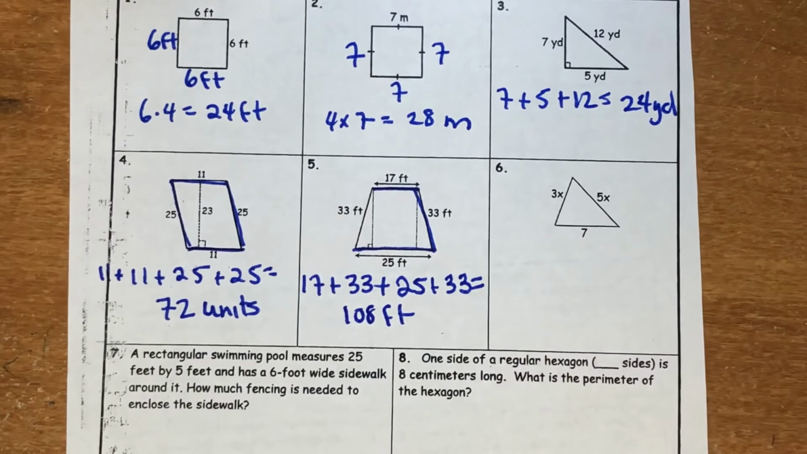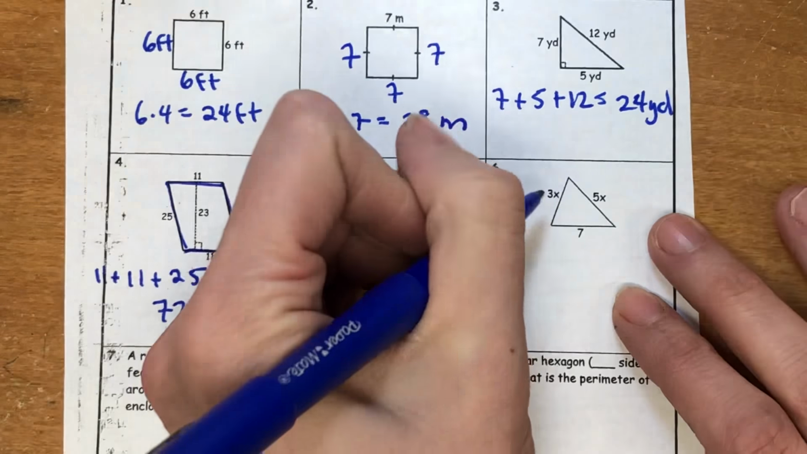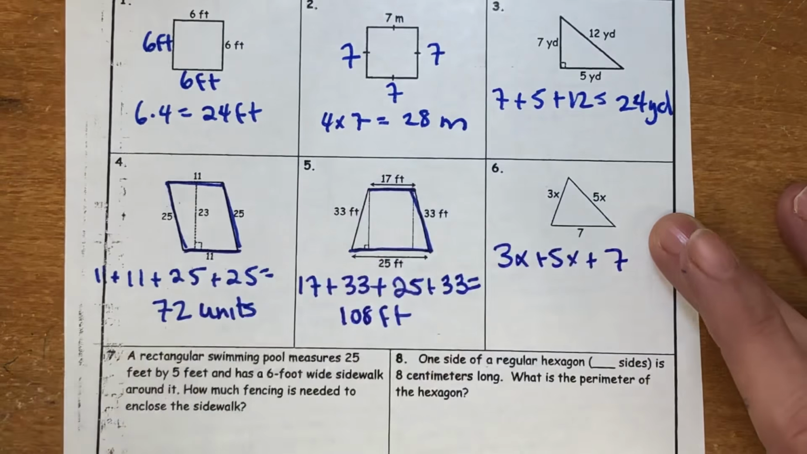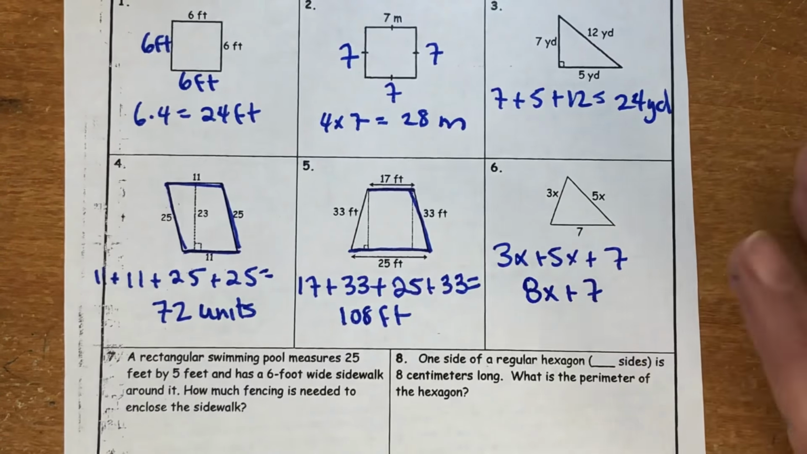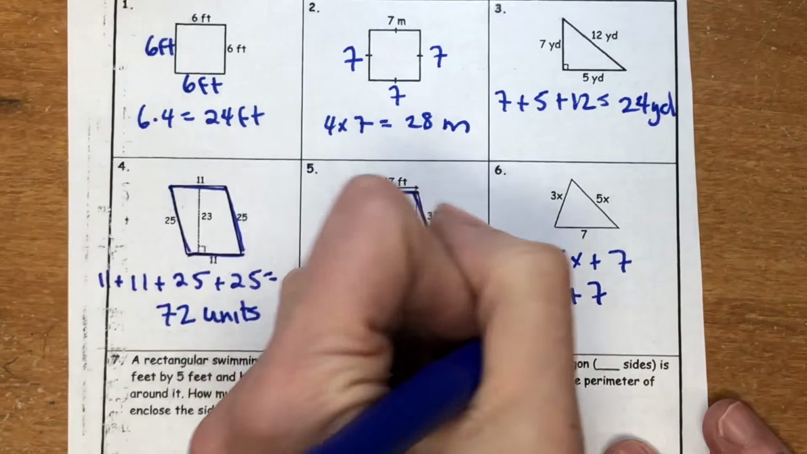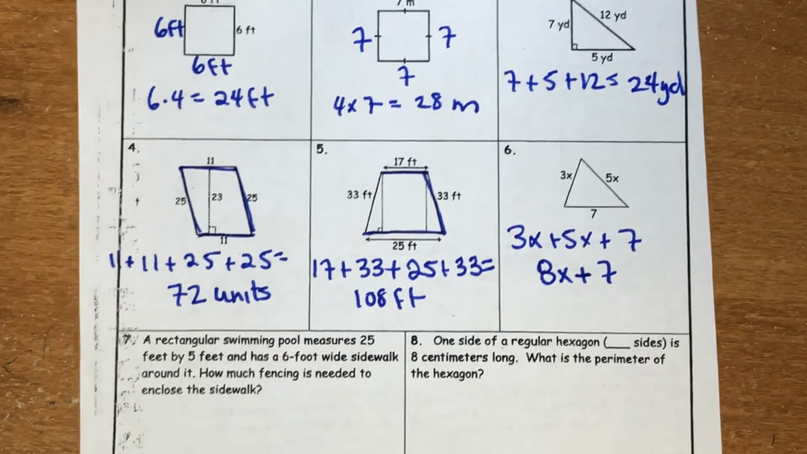Okay, simple. This one should be familiar to you. I'm just adding 3x plus 5x plus 7. And I'm just going to do 8x plus 7. And I just keep it there because it's an 8x and 7. These are not like terms. Okay. Number 7